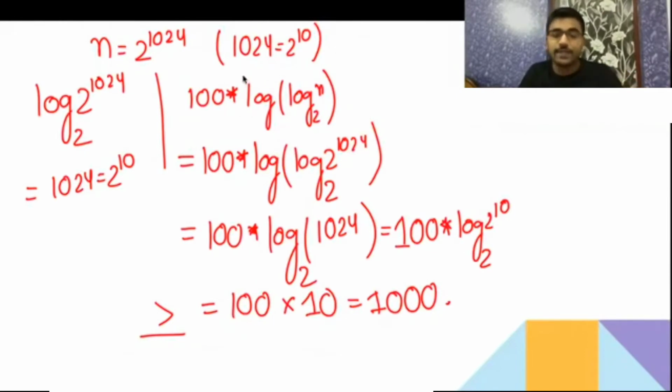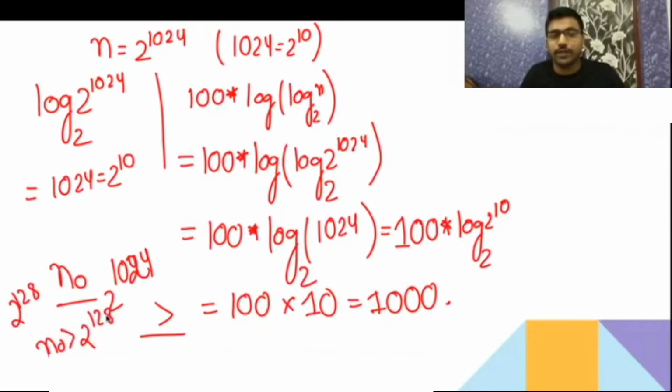That's why I advise you to always take the bigger value, because our function is saying that after some value, meaning there was some n naught in between. We have taken 2 to the power 128, so n naught is greater than 2 to the power 128. That number, after some value of n naught, it will hold. So n naught is greater than 2 to the power 128. That's why we take the bigger value. Okay, so that we should know. Am I clear?